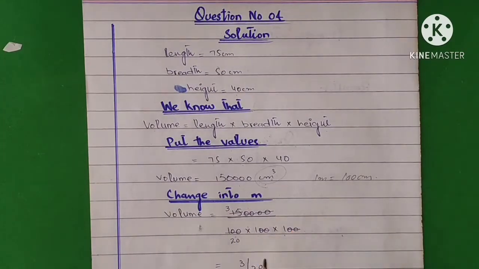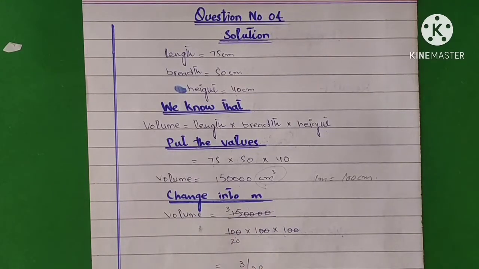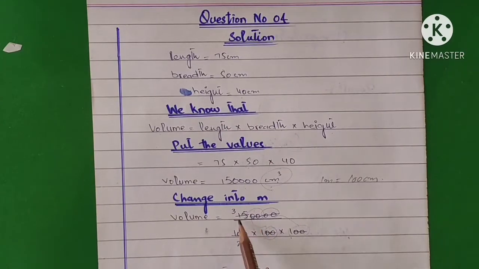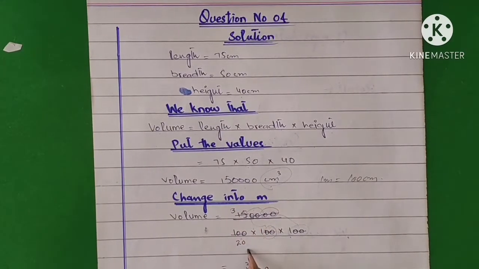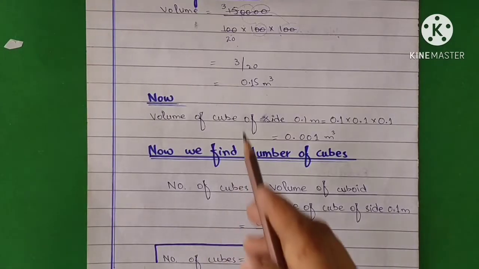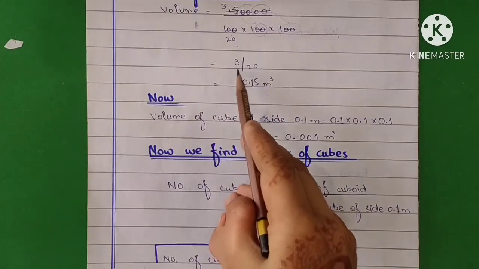Simply we can say that we will divide 1,50,000 by 3 times 100 to convert it into meter. So look at here students, 0 cancels with the 0, 0 cancels with the 0. Now these 0s cancel with these zeros, and 5 3s are 15, 5 2s are 10 and 0 as it is. So we have 3/20. So we will get 3/20.